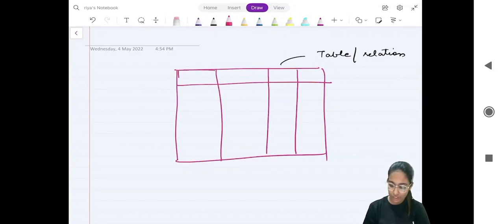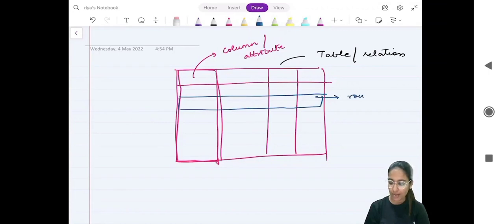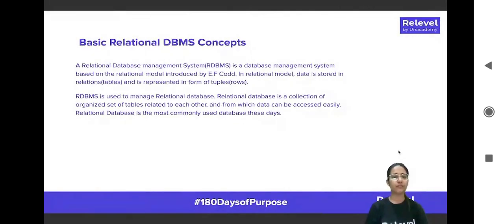Here, for each and every column, you can call it a column or you can call it an attribute, because entity attributes are what columns become, and a row in a table can be called a row or it can be called a tuple. Okay, then